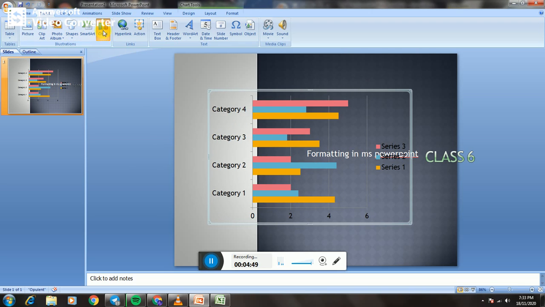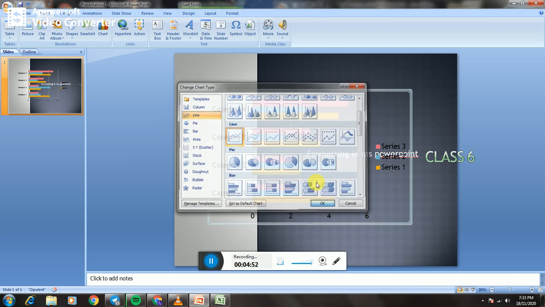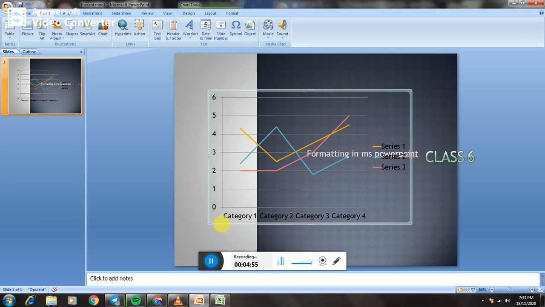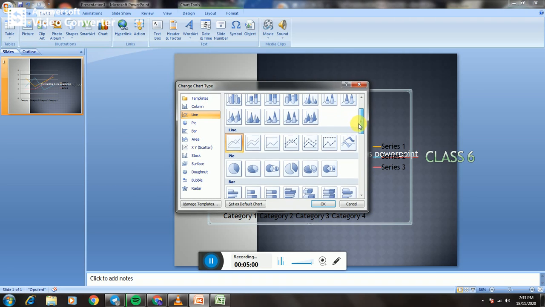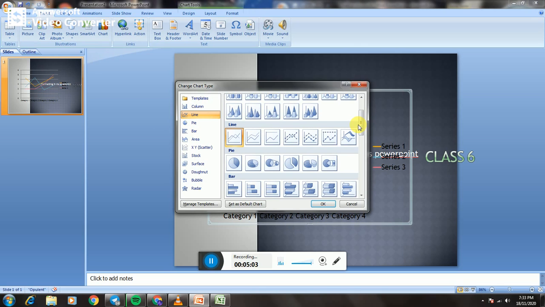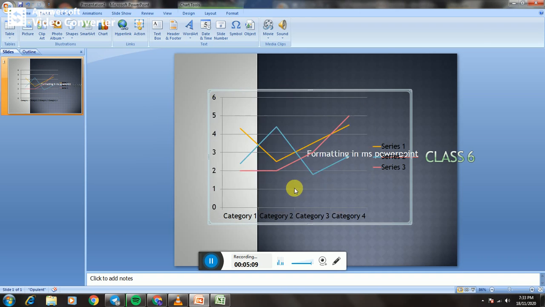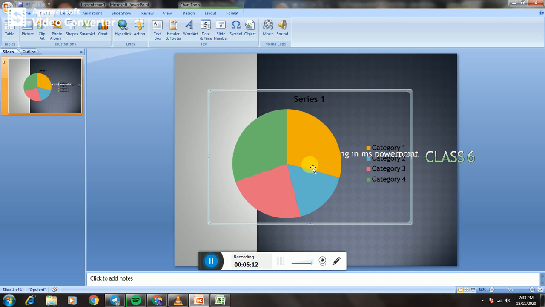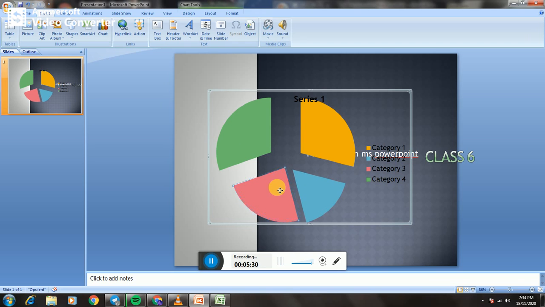Line chart. This chart is in the form of lines and displays continuous change in the data over a period of time. It is very similar to plotting a graph on graph paper with its values on the x-axis and y-axis. Pie chart. This chart displays data in the form of a circle. It shows the proportional size of items that make up a data series to the sum of the items. It shows only one data series and is useful when we wish to make a comparison.